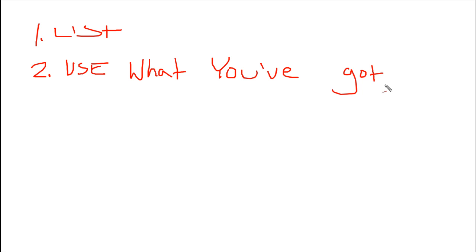Now you also need to use the information you already have available. If you've bought courses or products before, use what you have. Stop buying courses, stop buying tools until you're using what you have to make you money. If you're not making money with what you have, then you need to go back and devise a new plan based on what you already know and what you already have available.